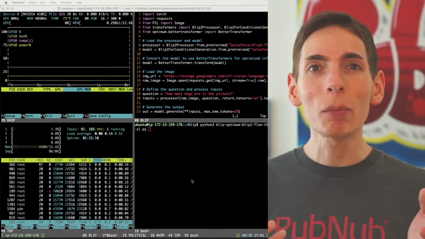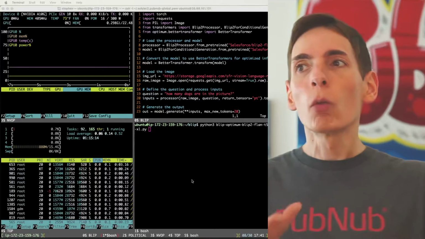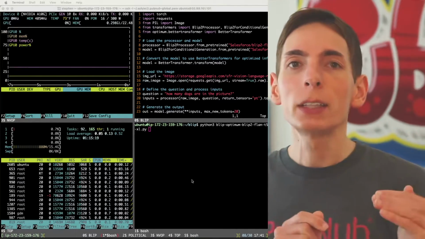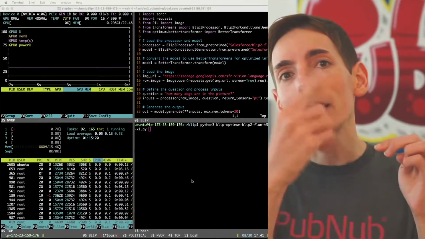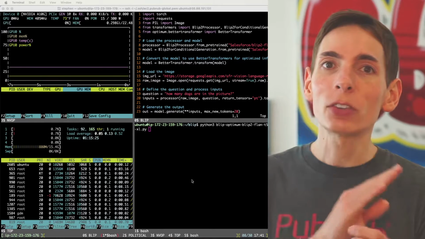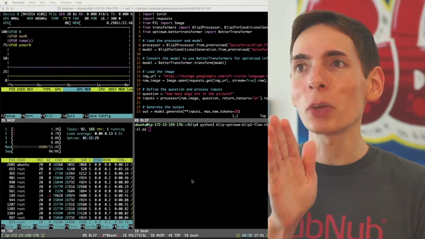In order to overcome that, things like flash attention and fused kernels, mega kernels, super kernels, where all the work is done in a really big kernel, you only have to submit the data to the GPU once and it calculates and runs on the GPU very quickly and very fast. That's how that's done, and I finally was able to do it with the Blip2 for BetterTransformers and Optimum and